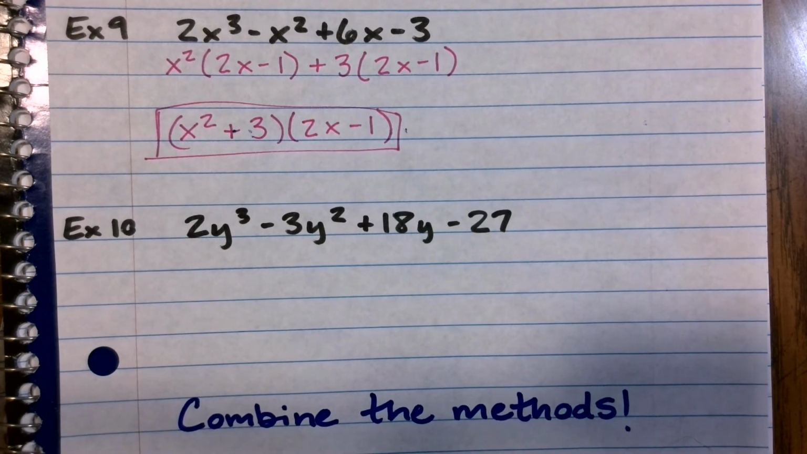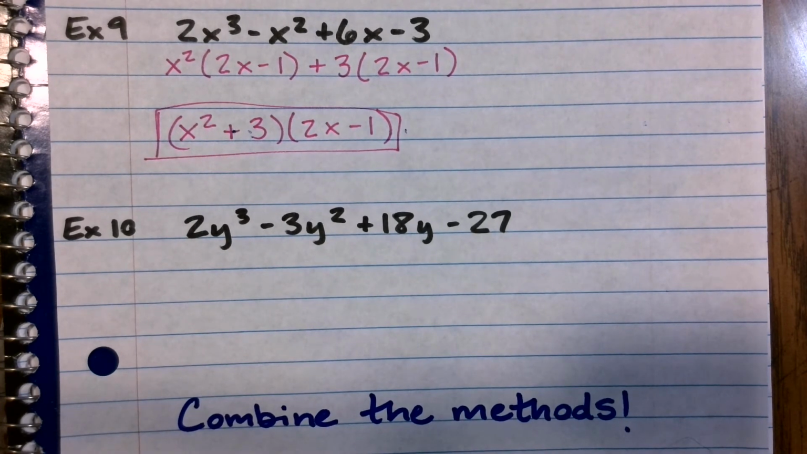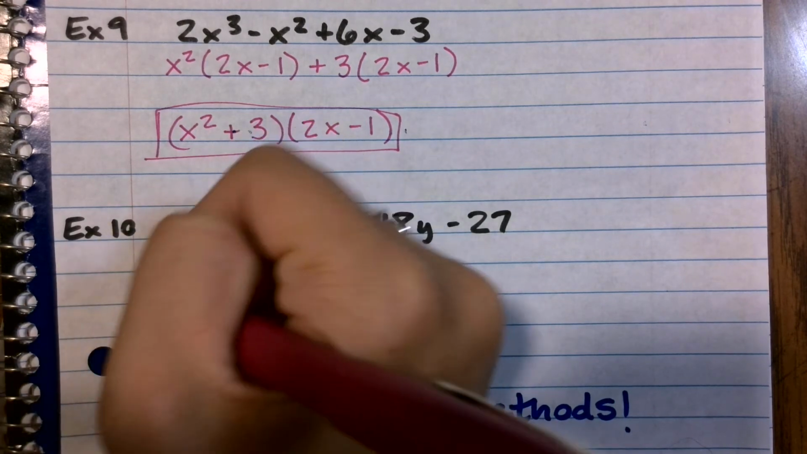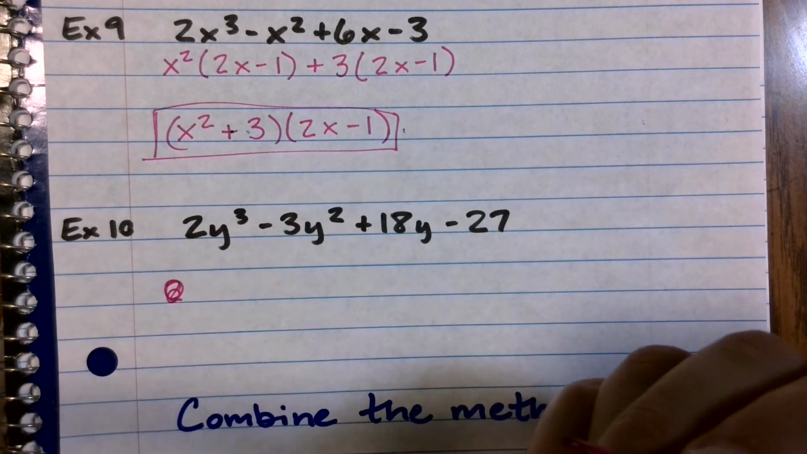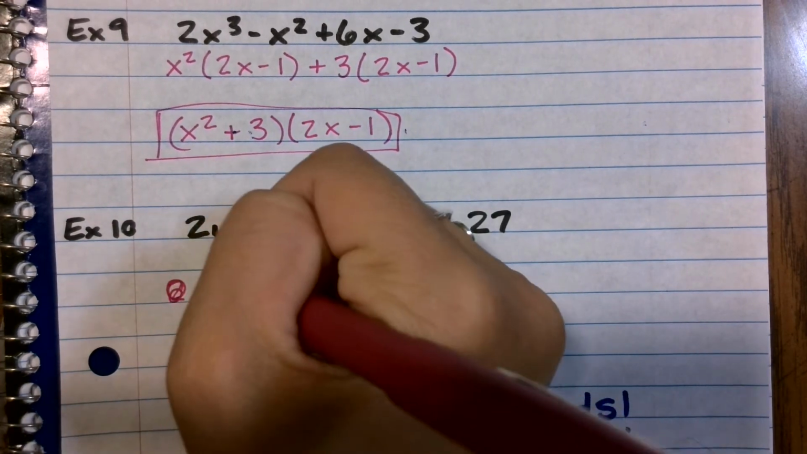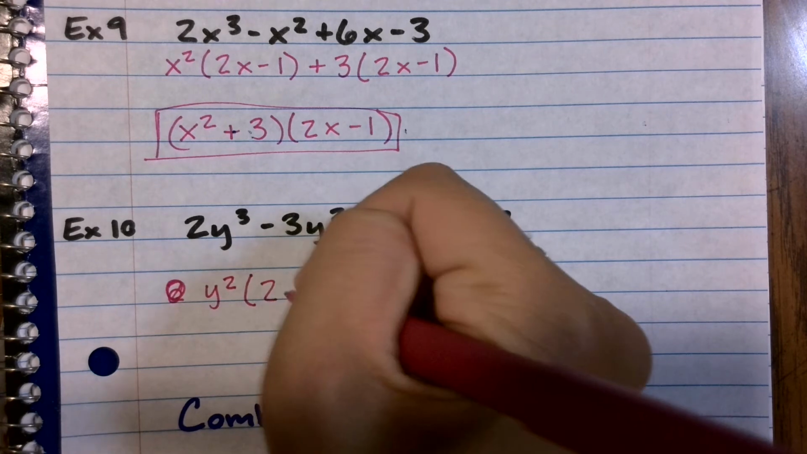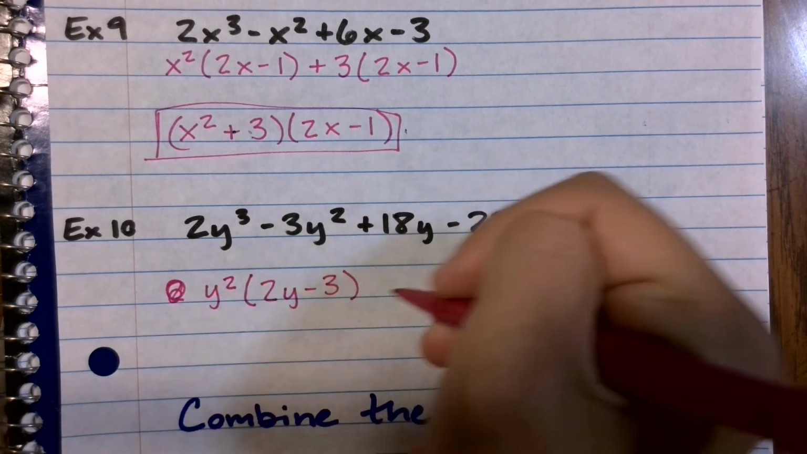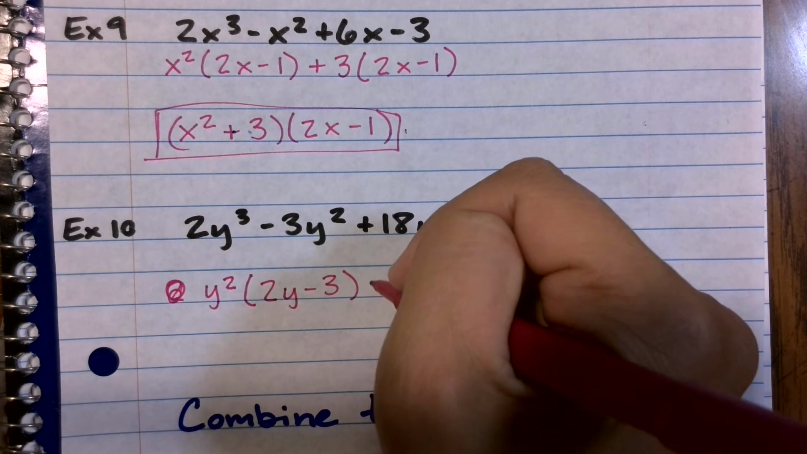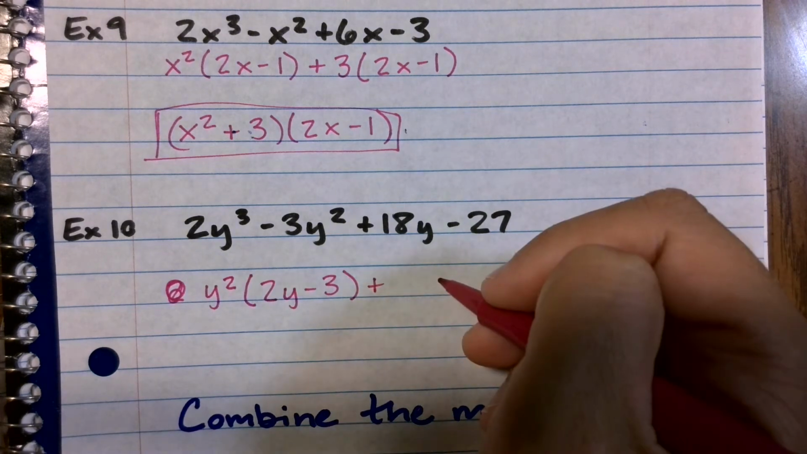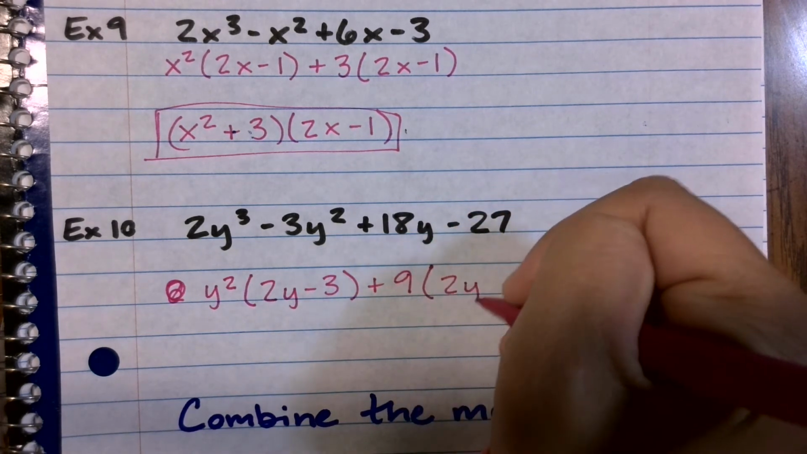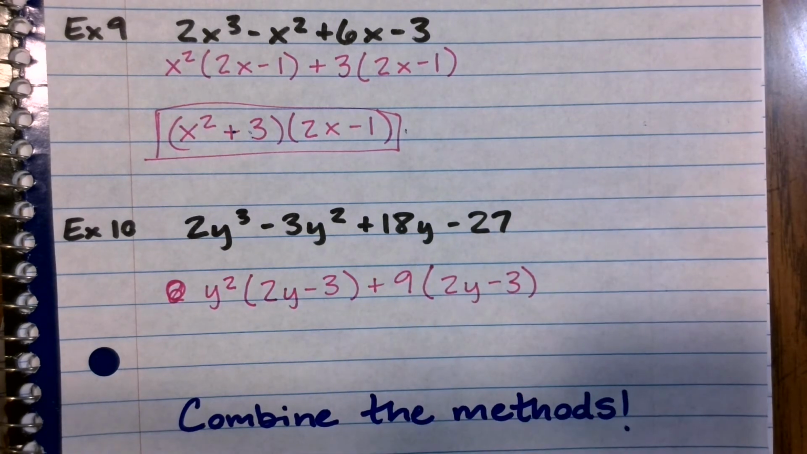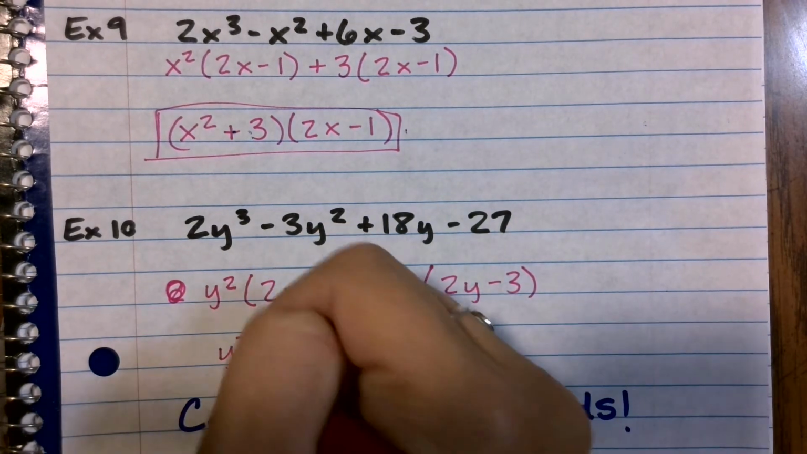Okay. Same thing. Go ahead and try this one. Pause it. Try this one on your own. Oh, can't factor out a 2. Let's see, what can we do? Just a y squared? 9. 2y minus 3. Okay, so this one works as well. We'll have a y squared plus 9